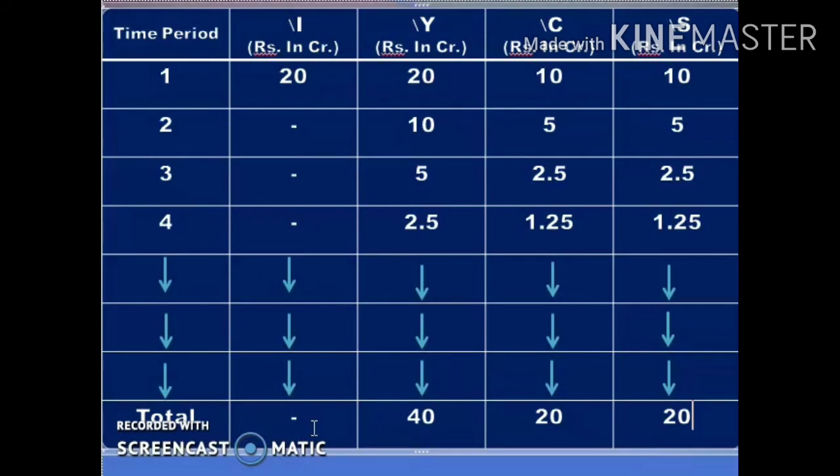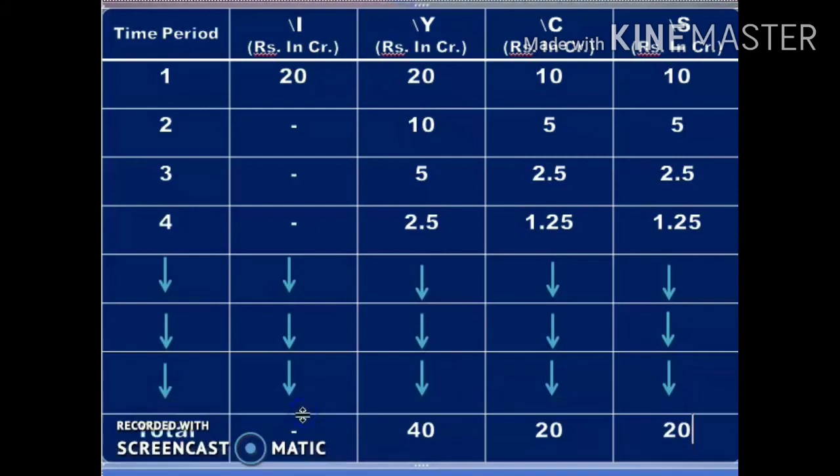So this process keeps repeating till the total increase in income equals the product of multiplier and change in investment. It will keep on going till the product of multiplier and change in investment are equal. So the total increase in income equals the product of multiplier. Hope you understood.